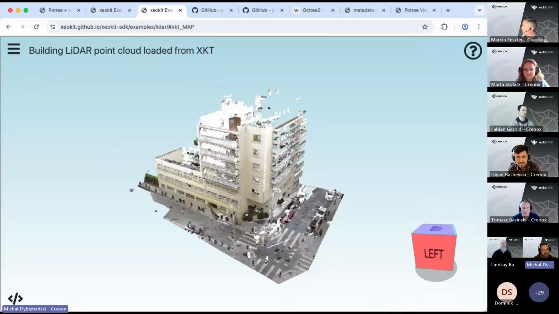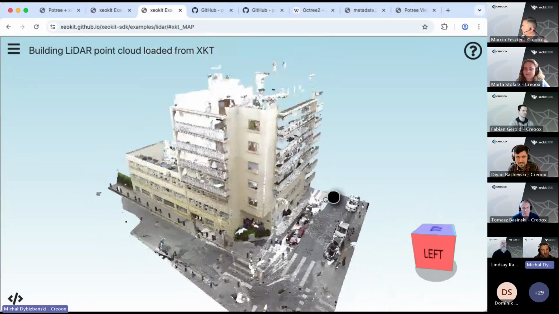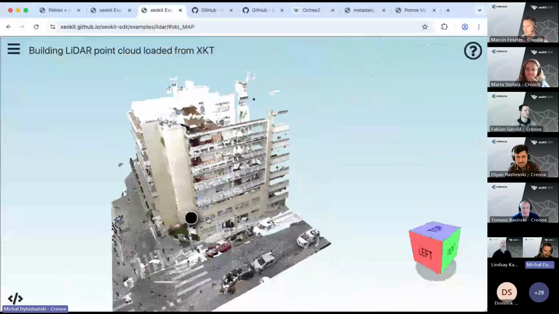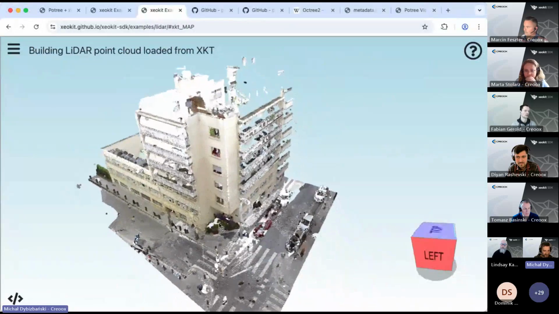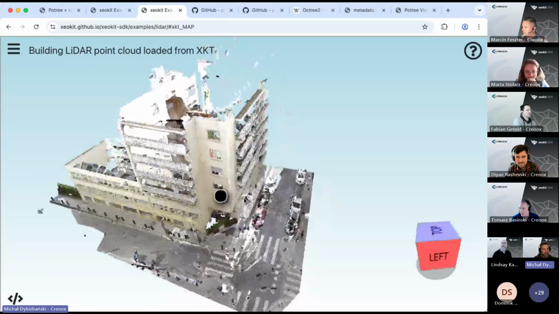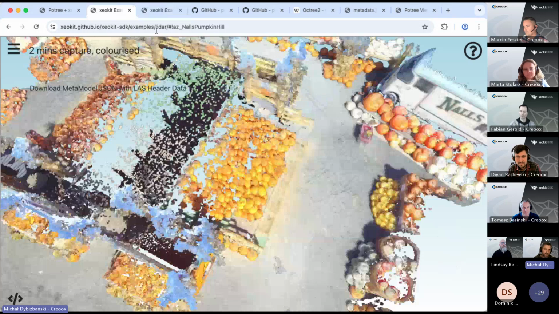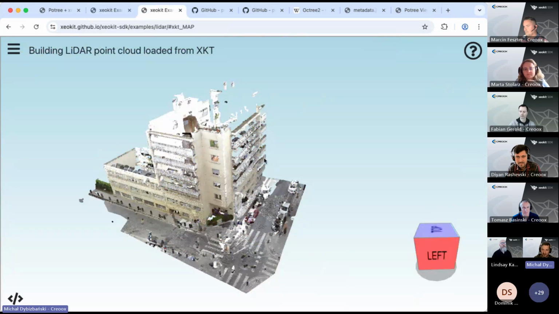Another example of a point cloud is here. This building is also, if we zoom in, we can see that it's composed of tiny little dots, not real meshes. So it's this sensation that makes it look like an actual object. Now, as you can see, xeokit already supports point clouds that are stored in either the LAS file format or the xkt file format. However, those currently implemented features of the xeokit SDK,